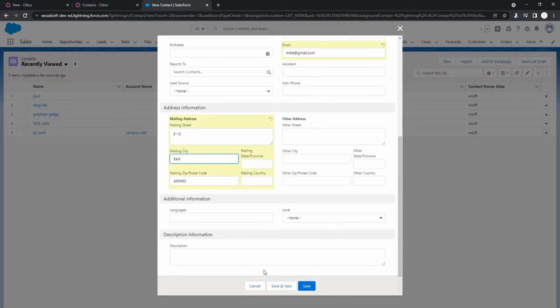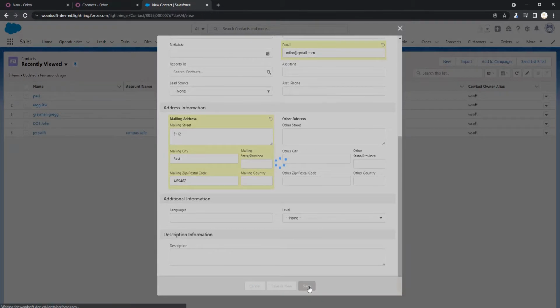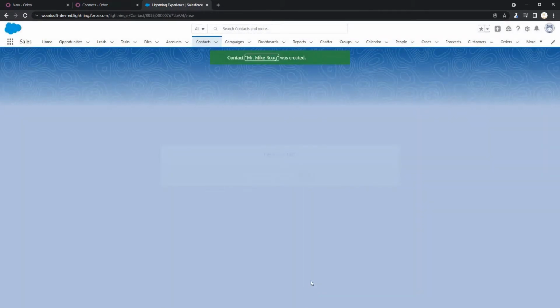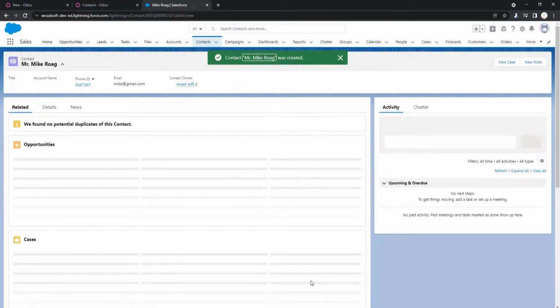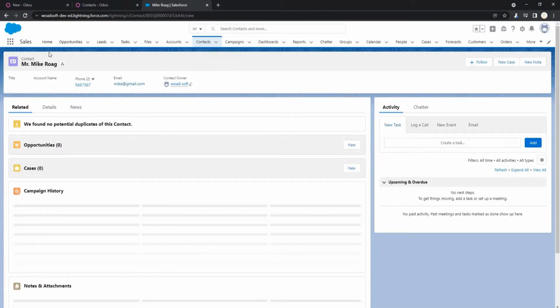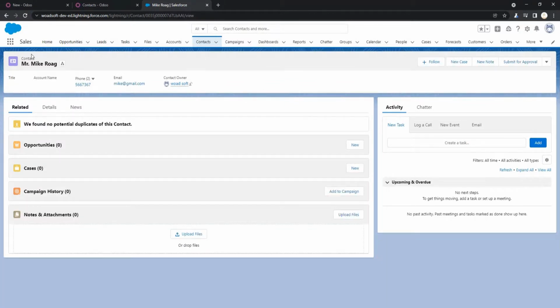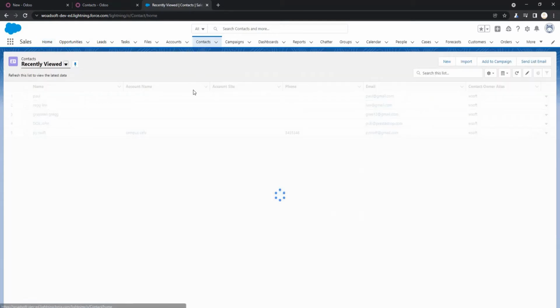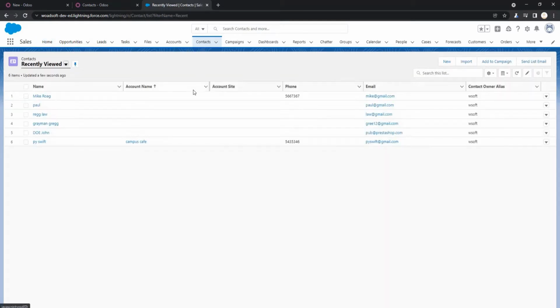The remaining fields I just leave as they are. I click the save button. The contact is created successfully. We can also check from the contact's previous view. As you can see, the contact is successfully created, and we can